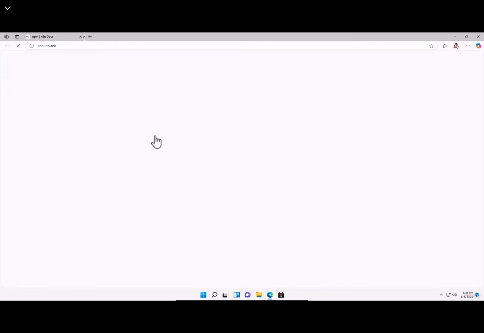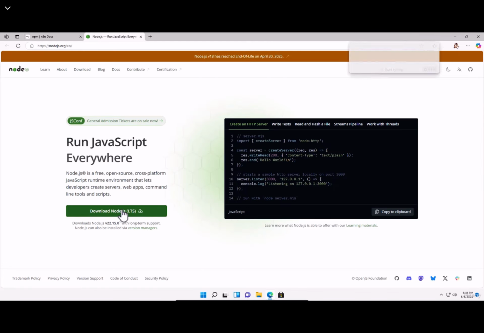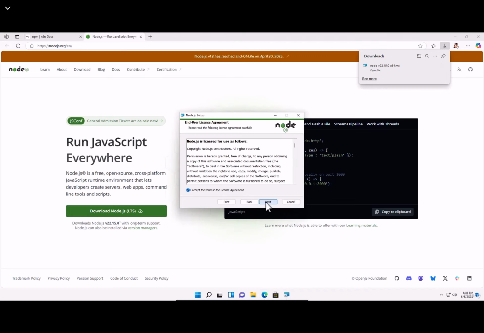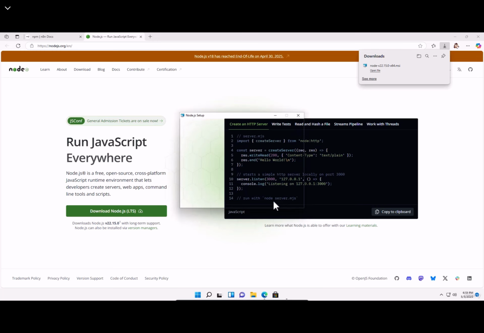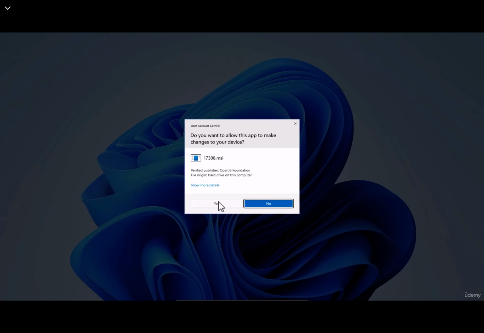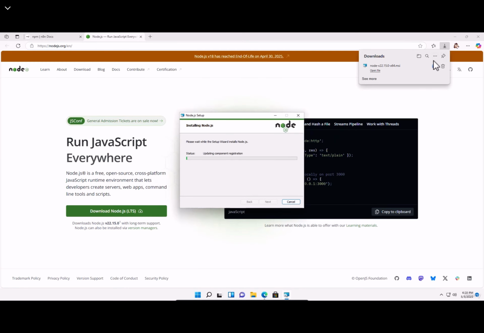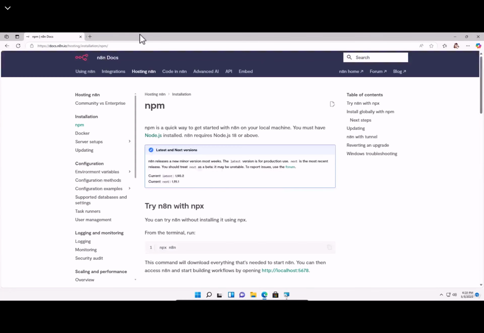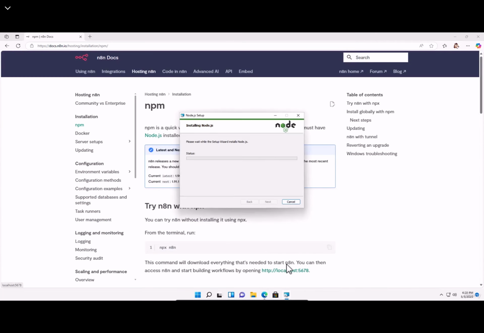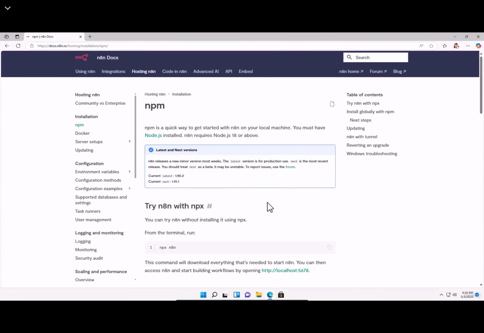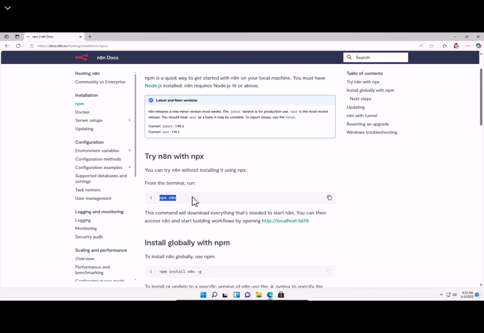So first thing you need to do is, let's go down and install Node. It's pretty straightforward. Just click the download, wait for it to download, takes a couple seconds, open the file, click next, accept the agreement, click next again, next again, install, and just hang tight. Well, approve this, hang tight, let it finish up. At this point, we can click away from this browser window. Let me pull up the installation window, and it's finished that lickety-split quick. Okay, now, what you can do is copy this,